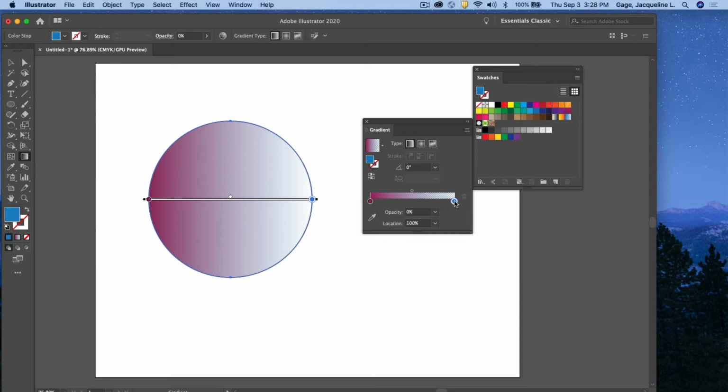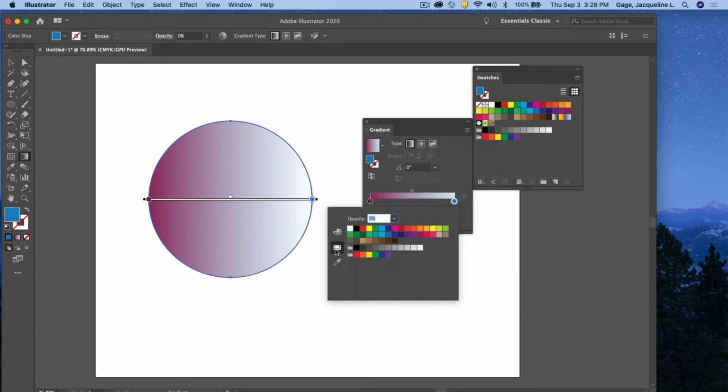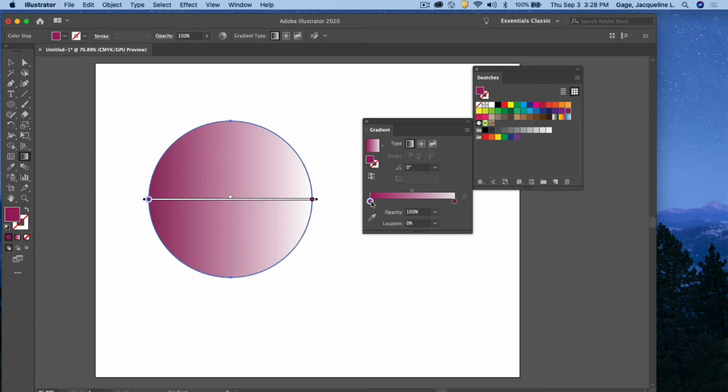I can click this last one, do the same thing. I could click the sliders to do the sliders and I could adjust manually. Or I could come here and pick a particular color that I wanted. I also want you to note that this one is selected and I have 100%, the opacity is 0%, and this one is 100%. So I could come in here and change that. If I didn't want it 0%, I could change it to 40% or whatever I would want that percentage of